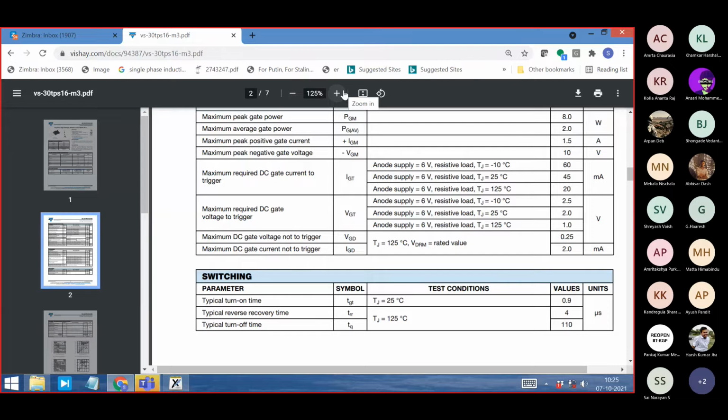Another small parameter is reverse recovery time. That means when you turn off, for 4 microsecond the voltage will not immediately go to zero. The voltage will remain collapsed for 4 microsecond, because of the charge stored during the conduction state across the junction. This is ultimately a semiconductor, and the junction which was reverse biased, the PN junction, had extra charges accumulated across it. Now these extra charges have to die out through recombination. So that time is required.